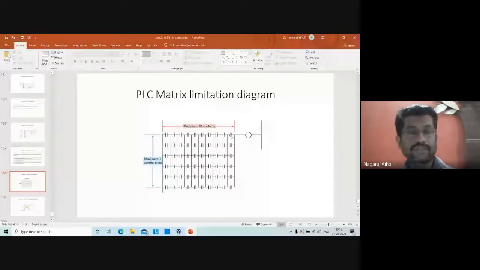The memory used for storing these contact addresses will not be sufficient. Maximum 7 parallel lines, maximum 10 contacts in one line. That means 70 contacts, 10 into 7. You can connect a maximum of 70 contacts to the ladder diagram, not more than this. This is called the PLC matrix limitation diagram.